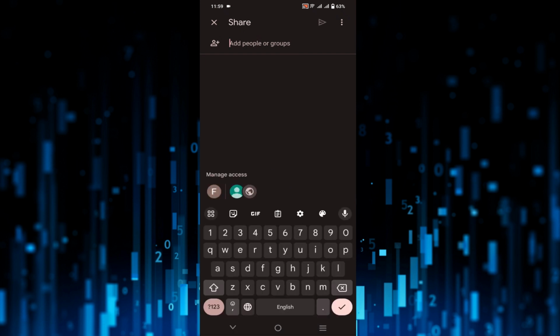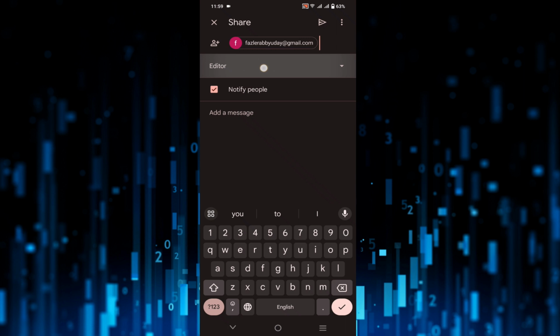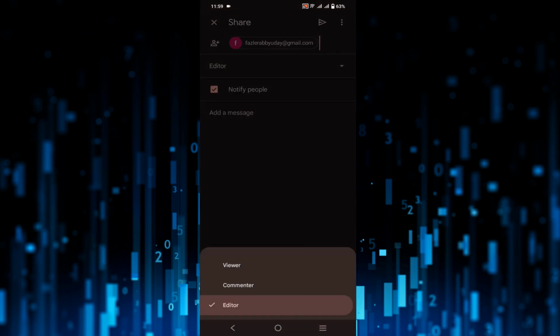Here, to share this link with other people, just click their email ID and select that email ID, and you can see next to that email ID you can see the option editor. Just click that option. Here there are three options that you can share your videos with, like viewer, commenter, and